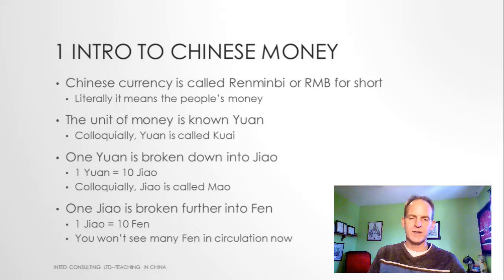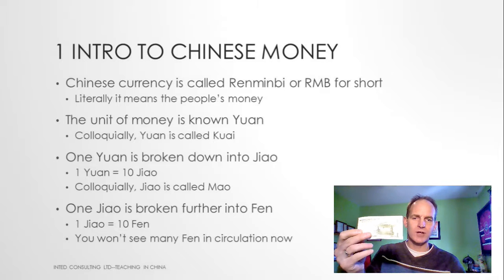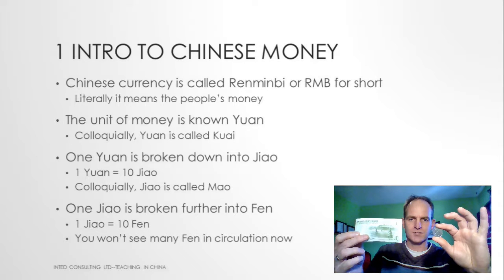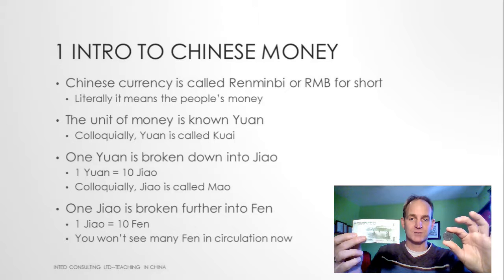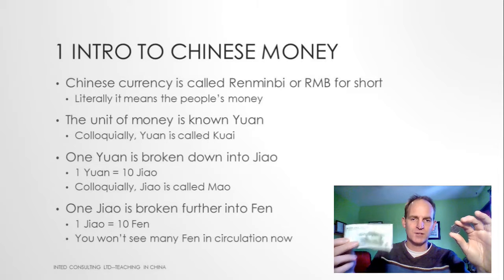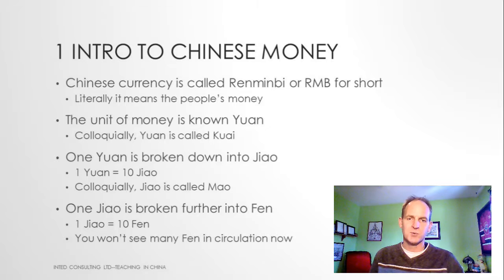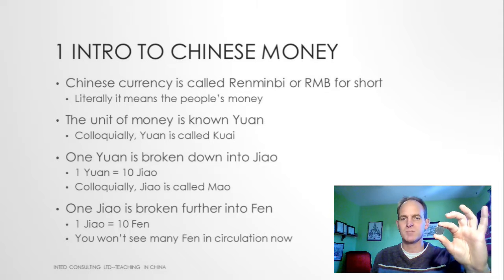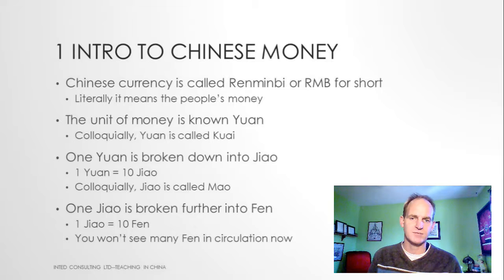Now, we have a 1 yuan note, but we also have a 1 yuan coin. So it can be a little bit confusing at first. So just imagine, like, say, 20 years ago when the loonie was first introduced in Canada, we still had dollar notes and we had loonies circulating. It's the same thing. So these days, you might be more likely to get a coin if it's small change